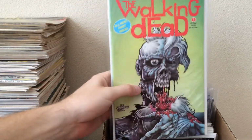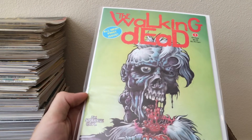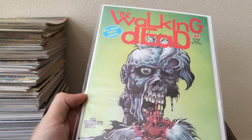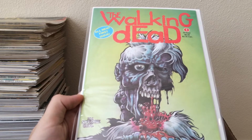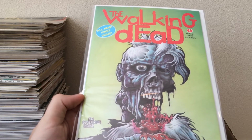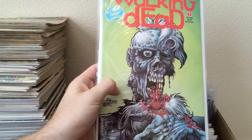Next up, we have another interesting book. I'm not sure if I've shown you guys this before, but in the late 80s, early 90s, there was a series called The Walking Dead. Obviously way before Robert Kirkman's version. 1989 there in the corner. But yeah, I